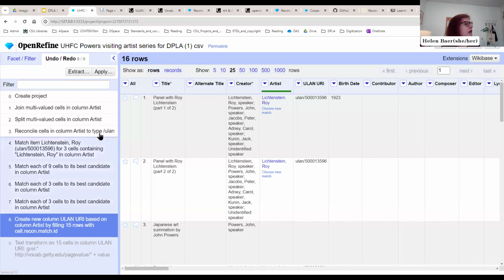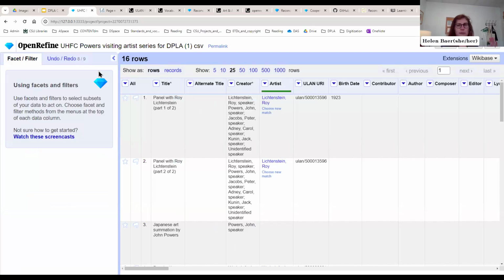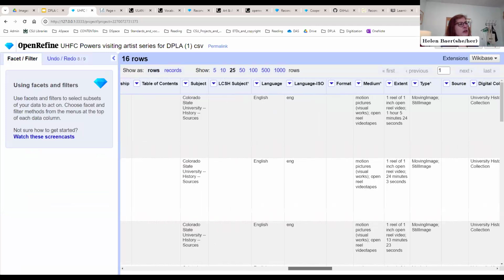So we will now take a look at reviewing the type field. You can very quickly blow away all your facets and filters if you need to, and this is something I did not learn for years. So if you simply click remove all, boom, now everything is clean and pretty again. We've done our reconciliation. Now we're going to take a look